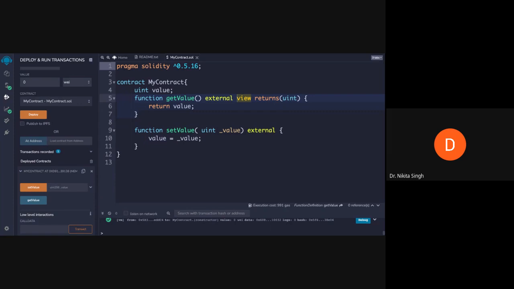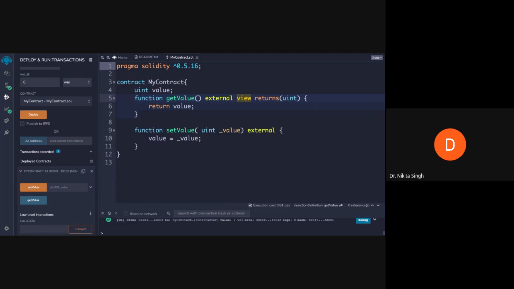There is one question. What is the difference between external and public? Now, external and public are visibility keywords which are used in smart contracts. External means that you are allowing anyone to have access to your function.